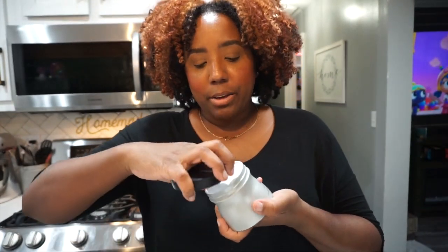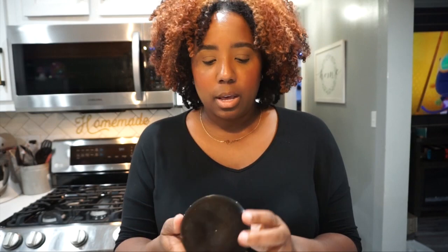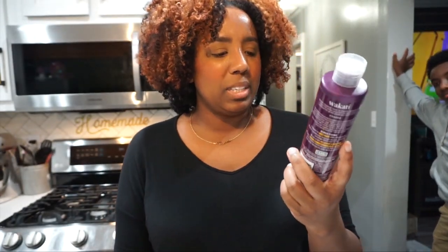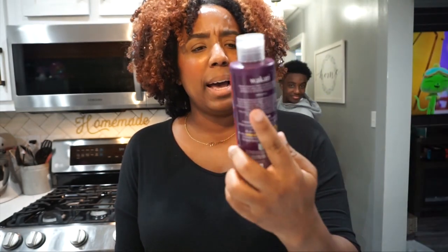I used the Kenra blow dry spray. It smells okay. It smells like a salon hair product, probably because it's more of a higher end. The Curls Professional Cashmere and Caviar hair mask. And last but not least, what is this? Water Activated Advanced Conditioner by